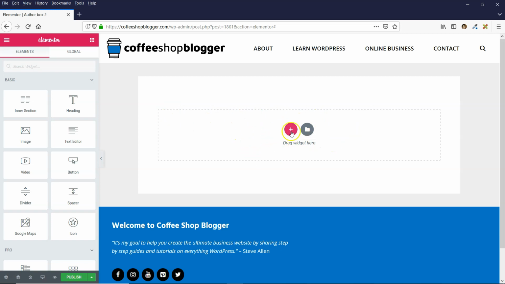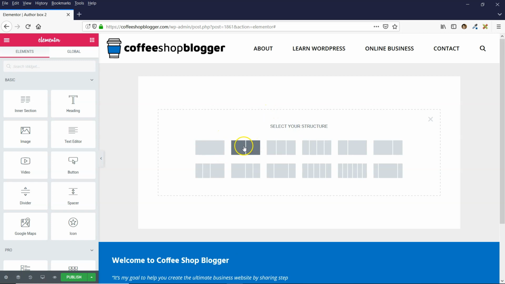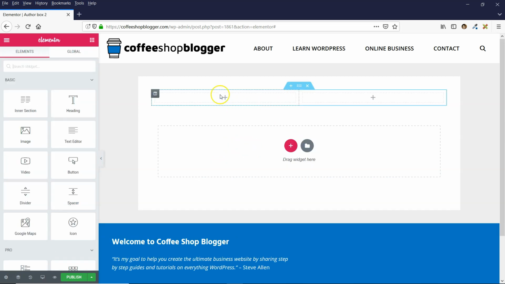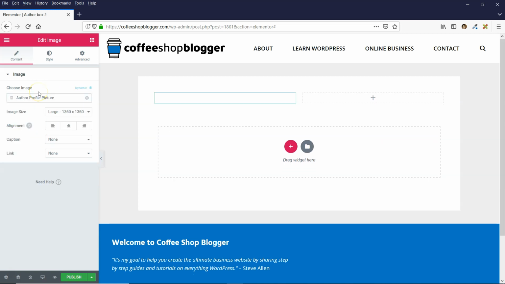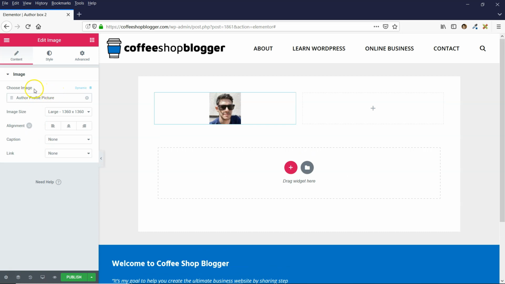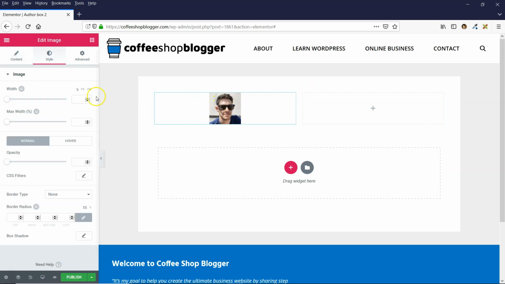So first thing I'm going to do is click on the plus and choose 2 columns. And then I'm going to start adding the features that I want on the left hand side. So the first thing I need is an image, so I'm just going to drag that over, and I'm going to delete this image, and then I'm going to use a dynamic image, and I'm going to use the author profile picture. So it's dynamically bringing in my profile picture, and I'm just going to choose full, and I want to make sure that's in the center. And then I'll come back to that in a minute to style the image,